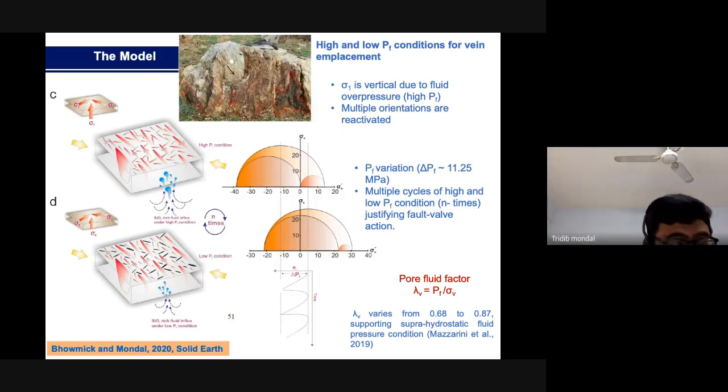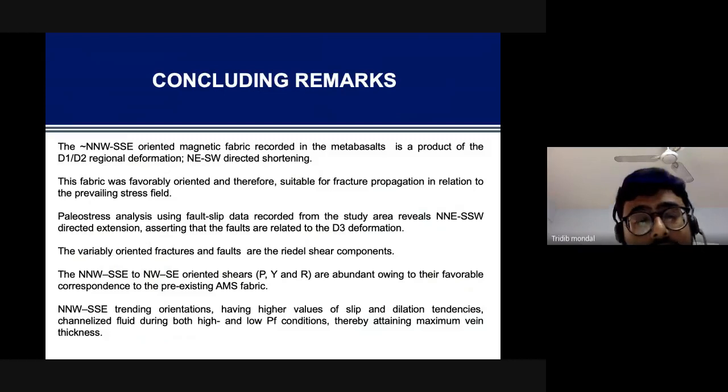Again, this is supported by this type of field photograph, where you can see chunks of the host rocks embedded in large quartz veins, and these quartz veins are also replete with fault planes. So these fault valve actions, due to the fluid pressure fluctuations, are common in the Chitradurga region. Now, coming to the conclusions, I'd say that the north-northwest, south-southeast oriented magnetic fabric recorded in the metabasalt